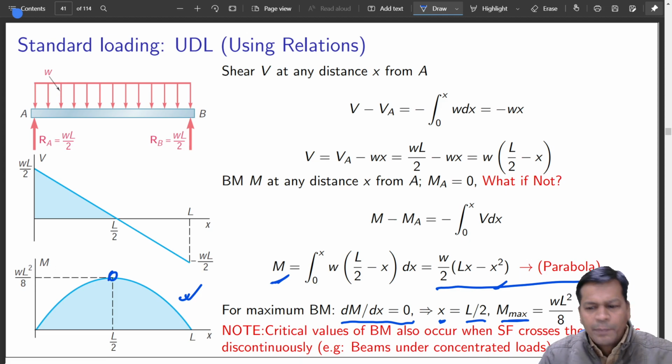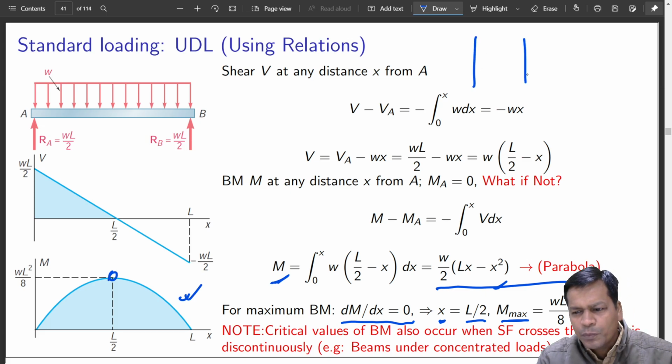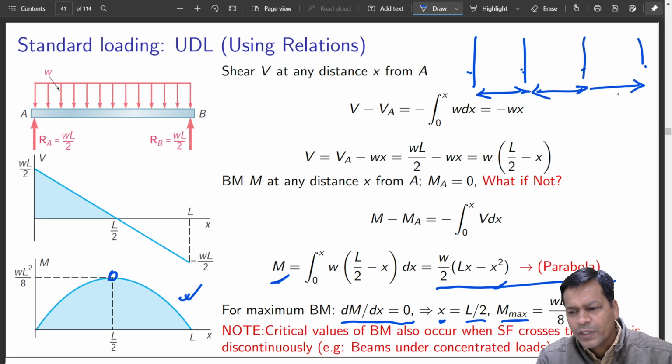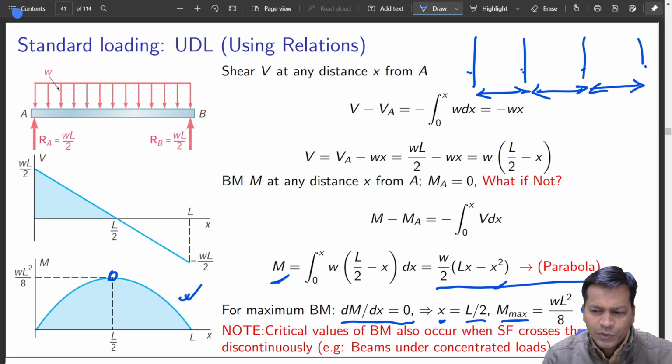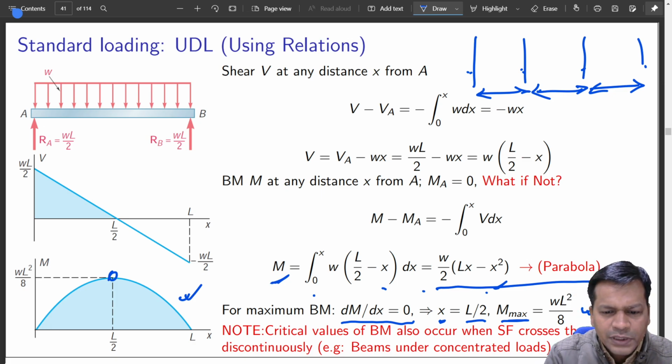Yes, maybe part-wise integration you will have to do. You can do that. This to this one, this to this another, this to this another, same way you can do it. You cannot do it in a single go; you have to take points, take this to this to this, and sum them all together, and you will get it. We'll see one example of that as well. Hope this is quite okay.